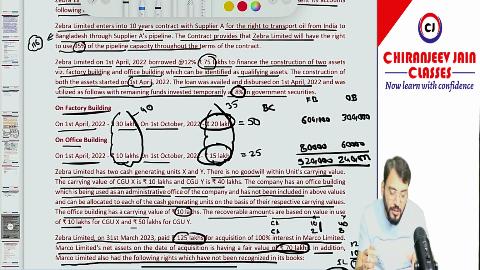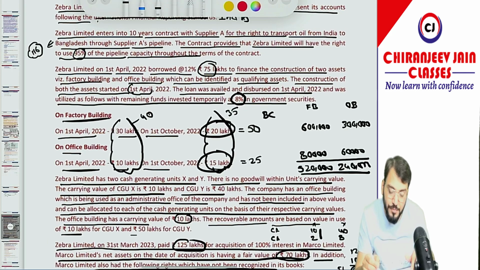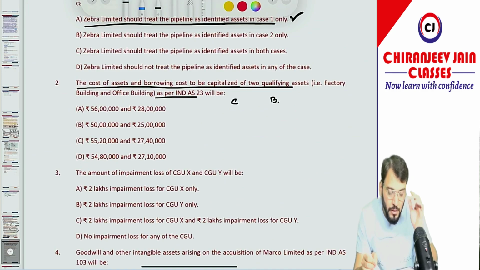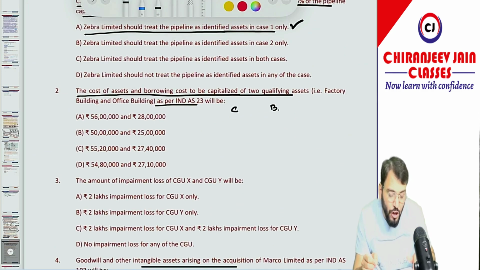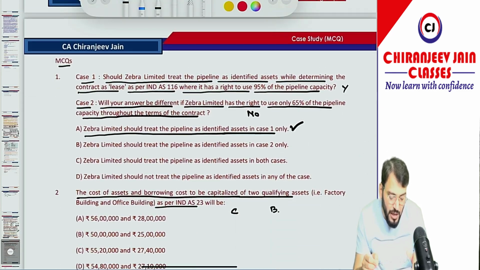We have made some mistake. 5,20,000 plus, but the option has been given. So the cost of the asset and borrowing cost to be capitalized for the two qualifying assets. They have asked on a combined basis. So the cost to be capitalized, I think,